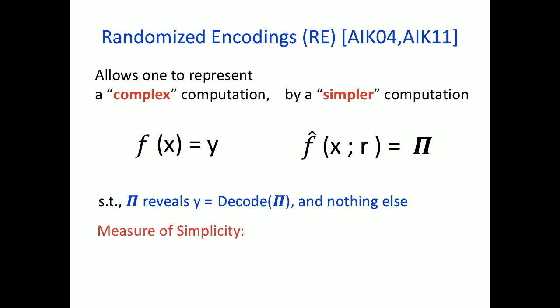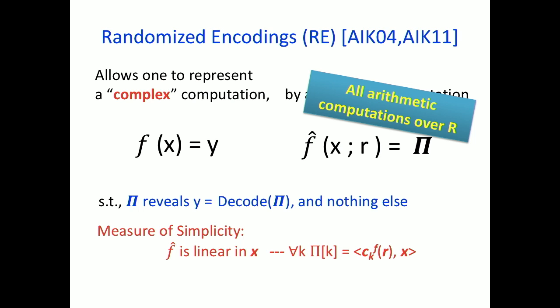So there are different measures. When we say simpler, what does simpler really mean? There are different measures of simplicity, and in this work, we particularly want the notion of simplicity that the simpler function is linear in the input x. Therefore, you could actually represent every encoding element produced by the randomized encoding as an inner product between the input and some coefficient vector that will depend on the function and the random coins. Okay. As you can see, there is definitely a connection between the inner product encryption that we use and this type of affine randomized encoding.